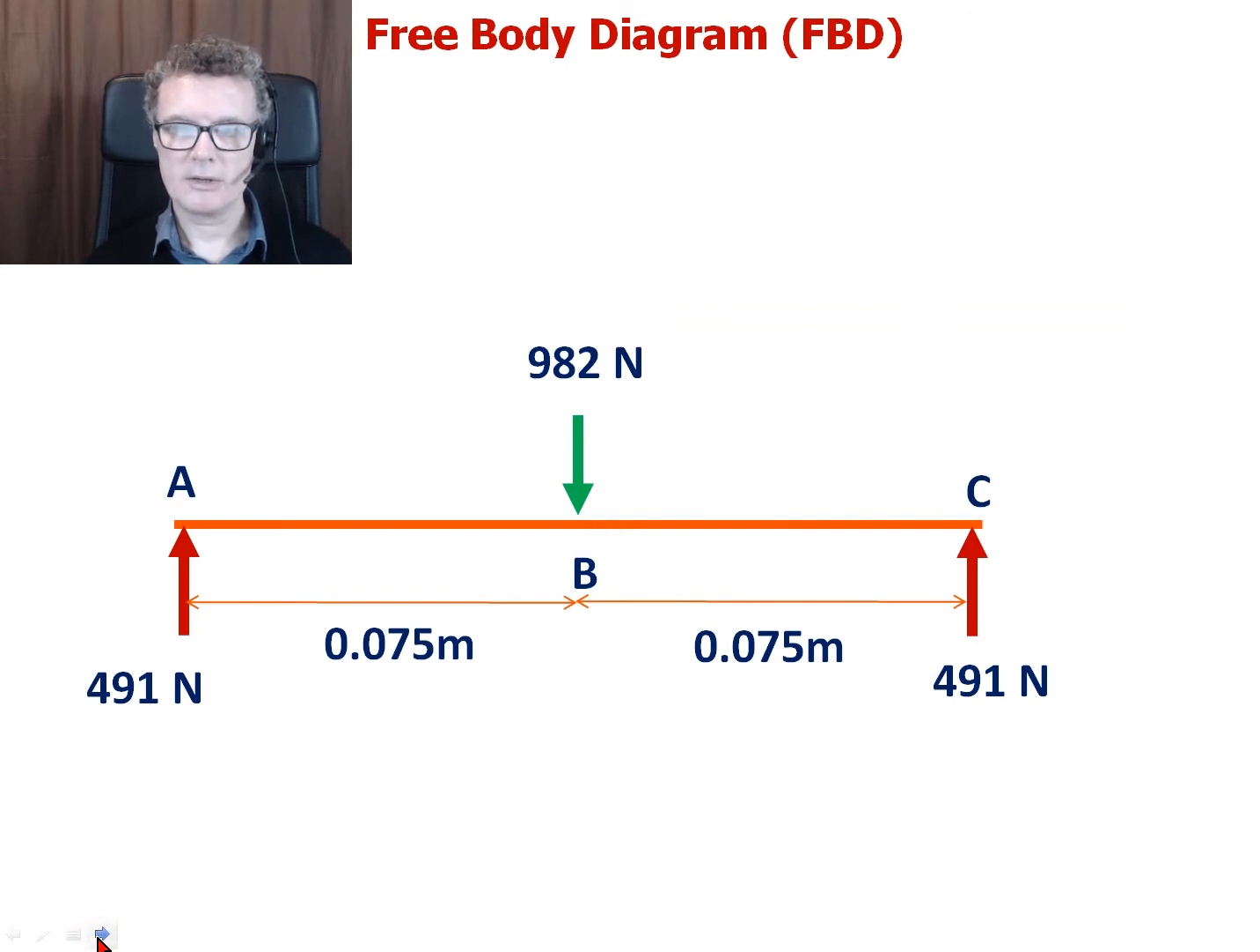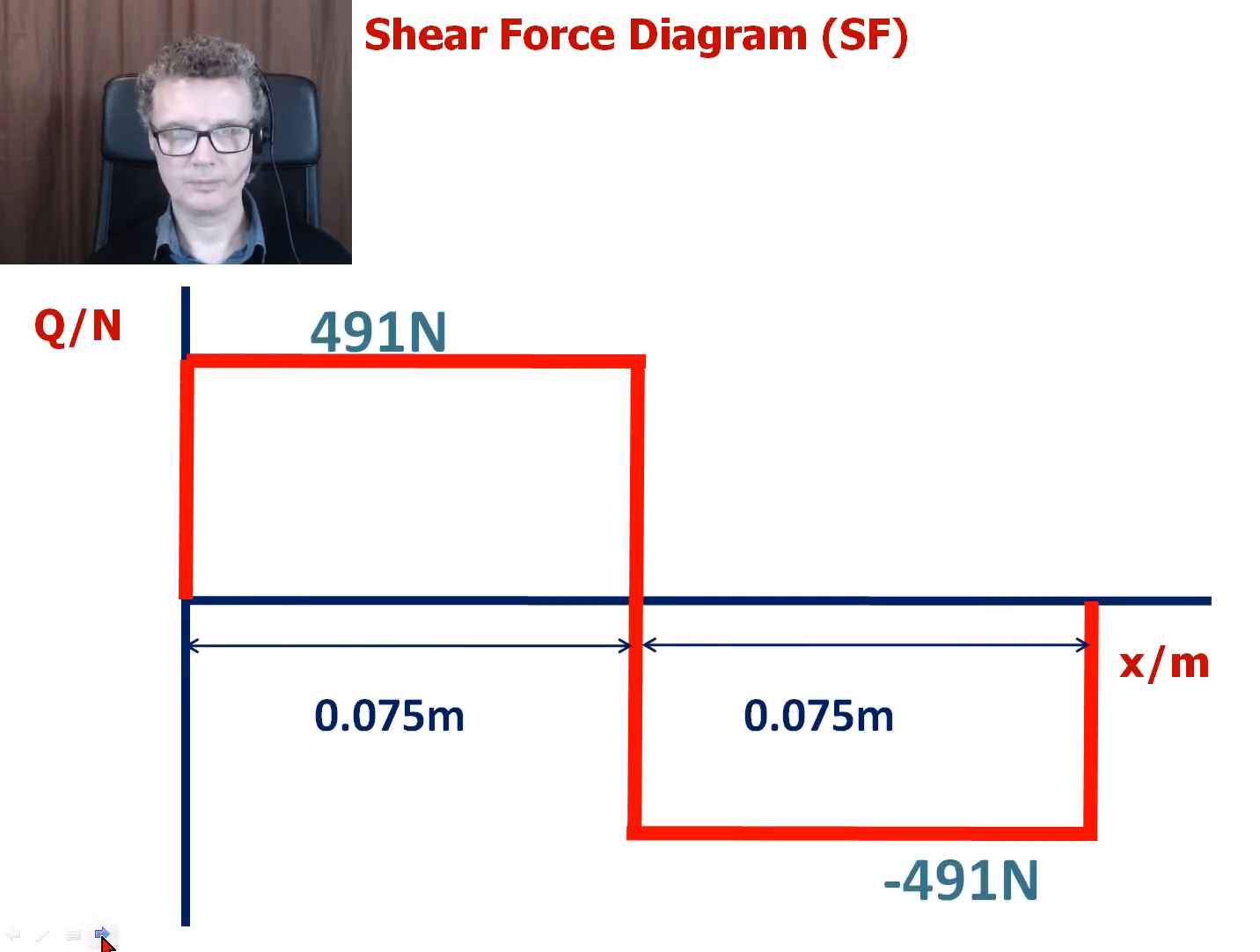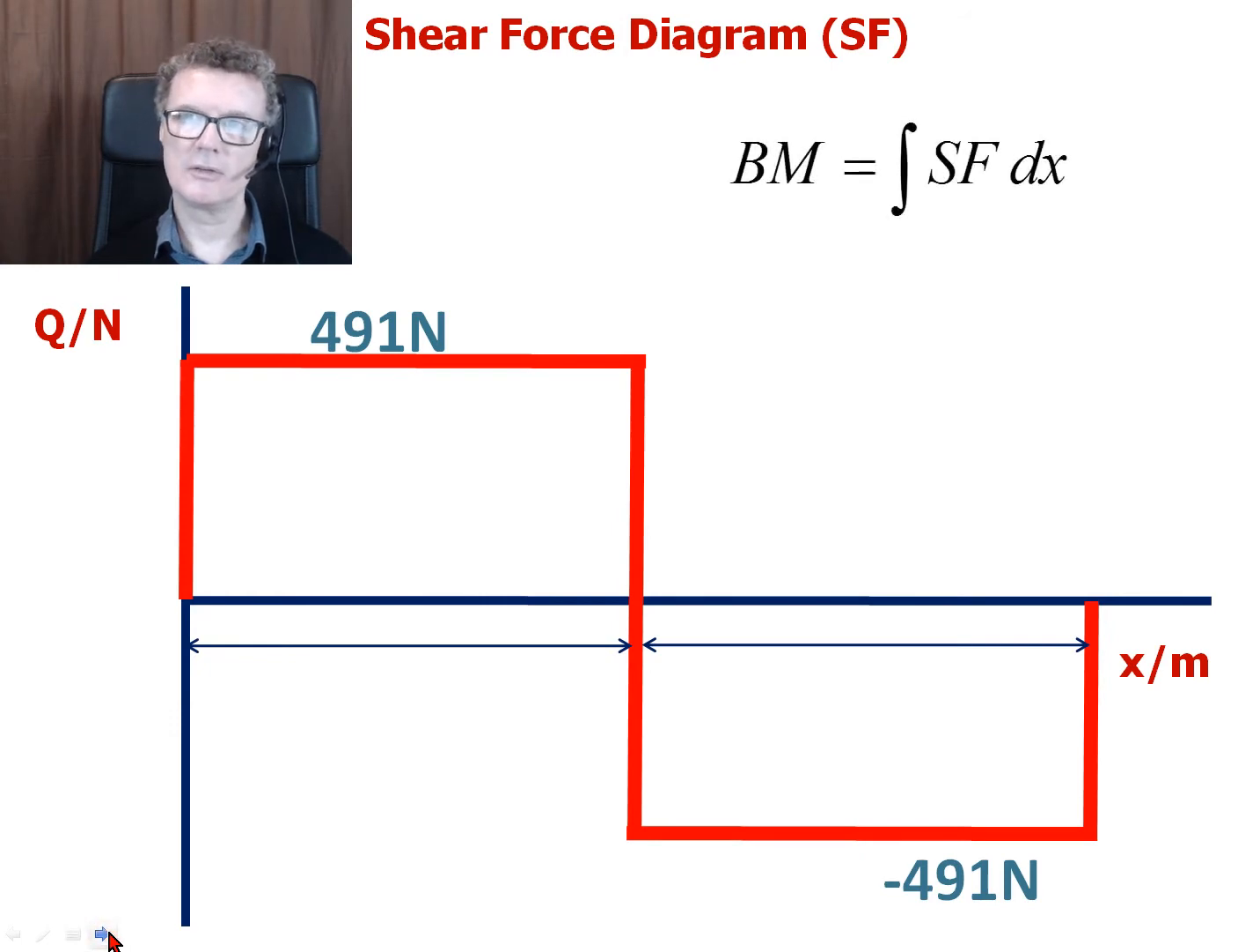So we analyzed the problem. Here is the free body diagram. It's me in the middle, 982 newtons, and the two reaction points either side. So I drew a shear force diagram, 491 newtons, minus 491 newtons. Got a width of 0.075 meters. So this area is going to be all I need to find for the